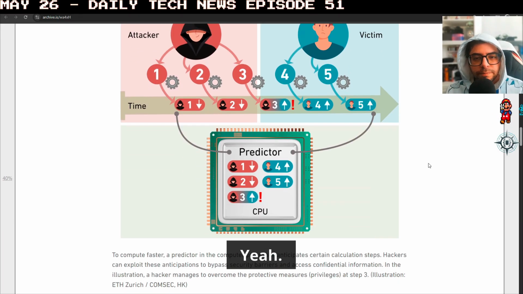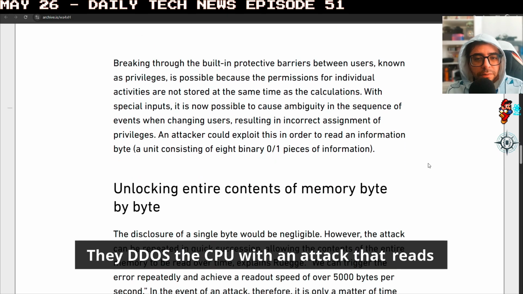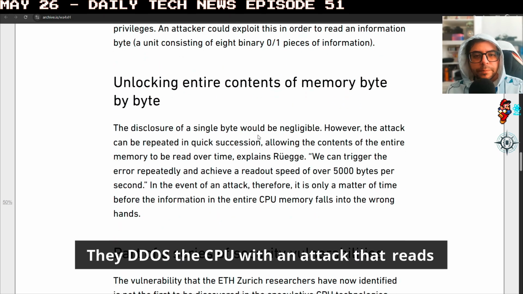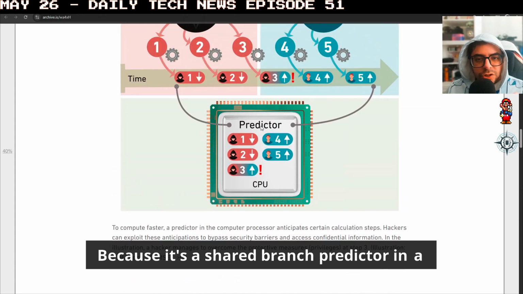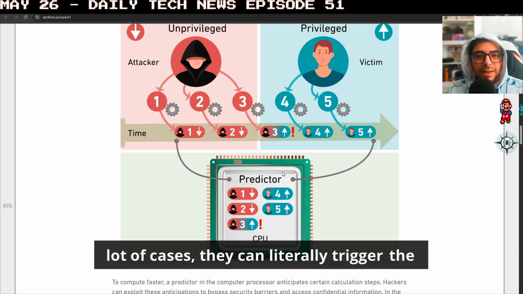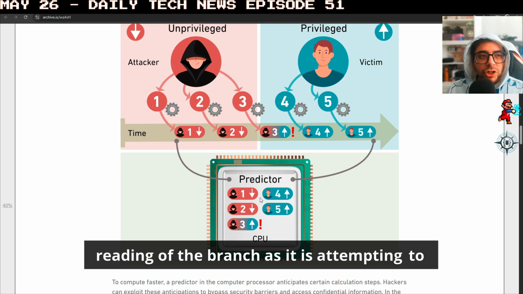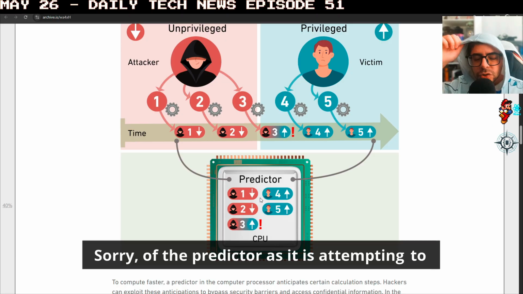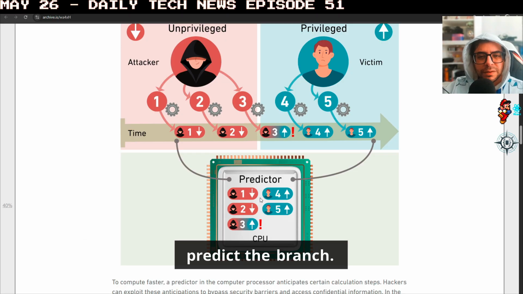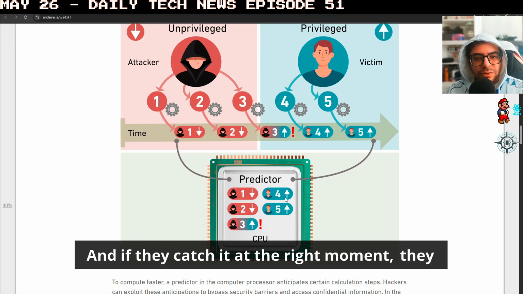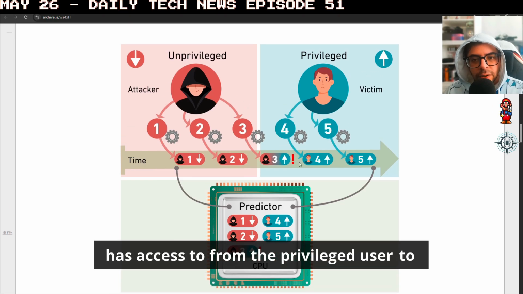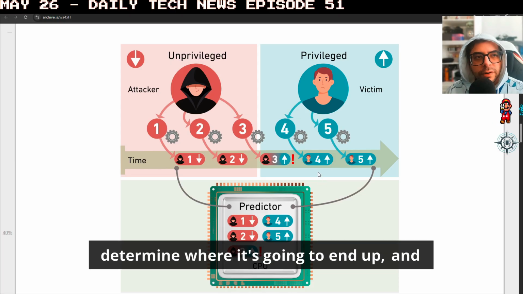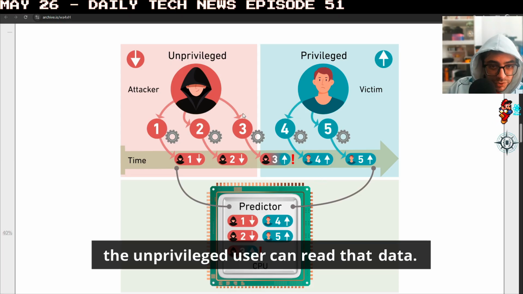DDoS the CPU with an attack that reads the context of the branch predictor. Because it's a shared branch predictor in a lot of cases, they can literally trigger the reading of the predictor as it is attempting to predict the branch. And if they catch it at the right moment, they can discern the data that the branch predictor has access to from the privileged user to determine where it's going to end up, and the unprivileged user can read that